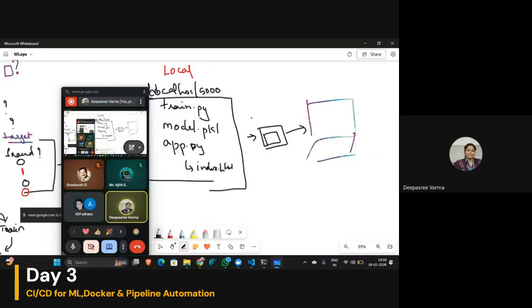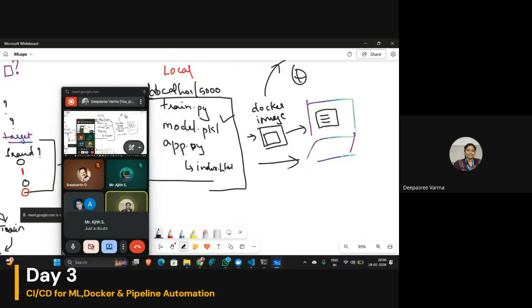This lunchbox is called a Docker image. Docker is a platform used to package this and send it. I can put this Docker image on the World Wide Web, or I can just copy it to another computer. Inside it, the same image of our data and our model is created and easily run. Otherwise, if it is not containerized, we need to install the same packages as we did on our own system.